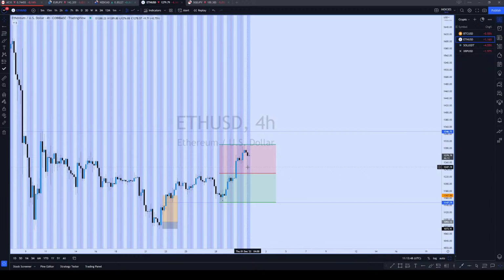Again, something that I borrowed from ICT: refrain from calling highs, right? You don't have enough money to put a high in the market or put a low in the market. So refrain from trying to call the high, because what you might be calling a high might not be a high but a reaccumulation for price continuation, or what you might be calling a low might not be a low, right? When that happens, sometimes psychologically it can hurt you. So make sure that